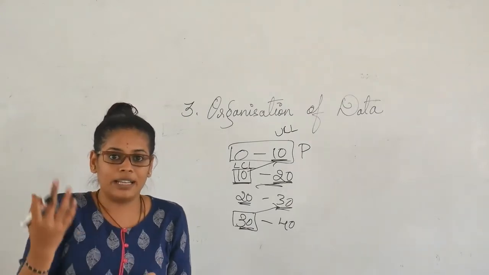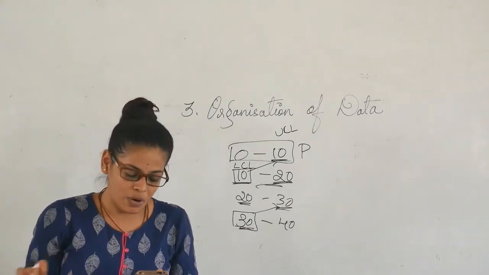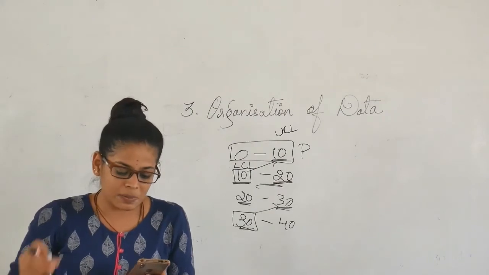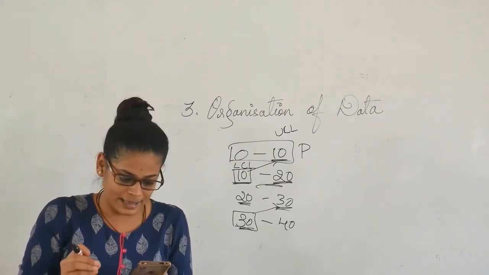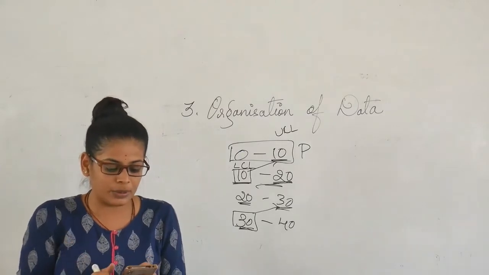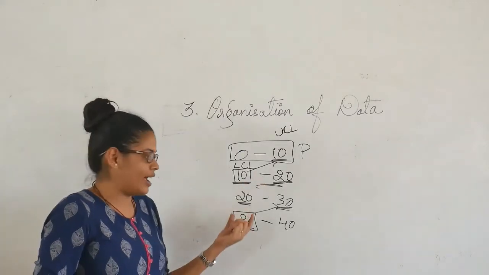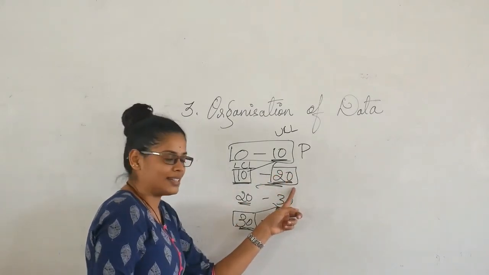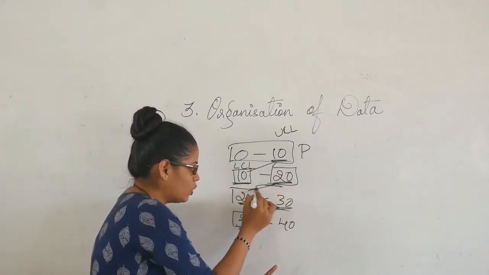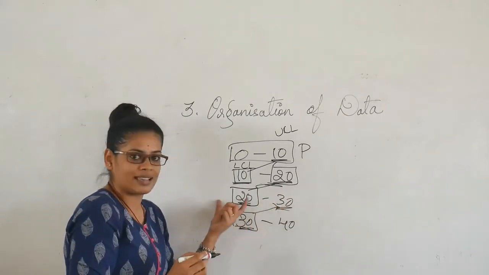Let's understand deeply what the exclusive method is. The classes by this method are formed in such a way that the upper class limit of one class is equal to the lower limit of the next class. We have seen here, right? So this upper class limit of this class interval is equal to the lower class limit of this class interval,